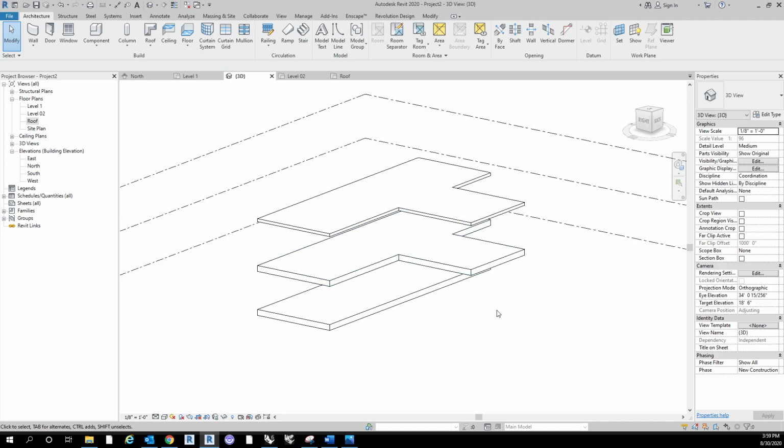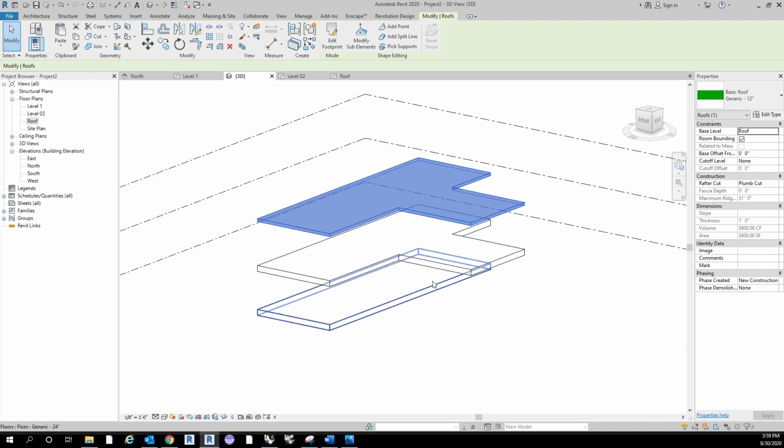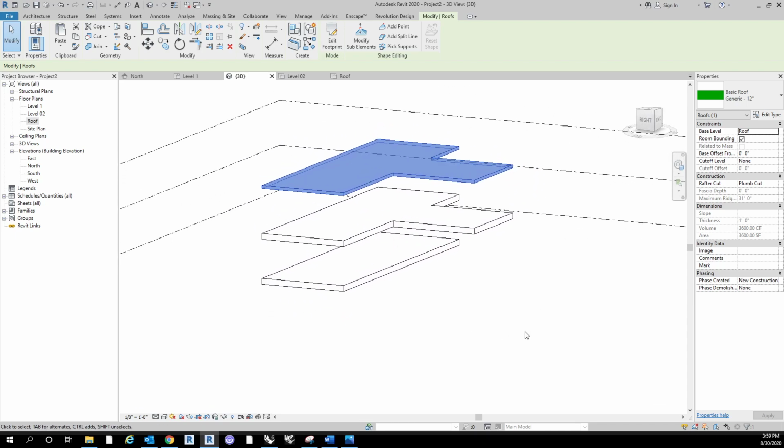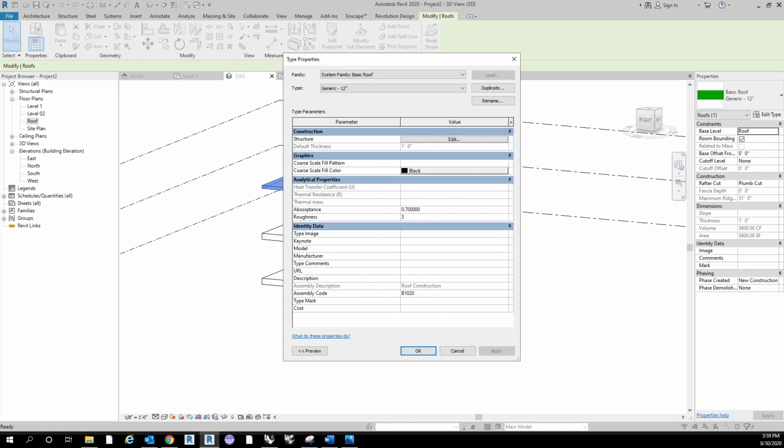So now that we've changed the floor slab, what we want to do is change the roof slab to be the same thickness. And realistically, just for simplicity's sake, let's make it the same material. So let's select the roof slab and go over to the roof properties and hit edit type. And then go in, let's rename it. Actually, let's duplicate it. Show you what that does. It's pretty close to the same, except instead of renaming that specific type, we're actually creating a copy of it. So we keep the old type and we're creating a new one. So let's just create generic